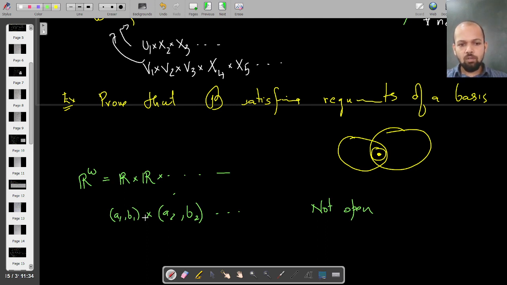What I need is open. I can take open intervals, open up to finitely many terms, but after that I have to take R cross R cross R. Only then will I get an open set. If I just take only open intervals and I don't stop at any stage, keep taking open intervals, for example, I can just take 1 comma 2 cross 1 comma 2 cross 1 comma 2. That's a subset of R cross R cross R, but this is not open